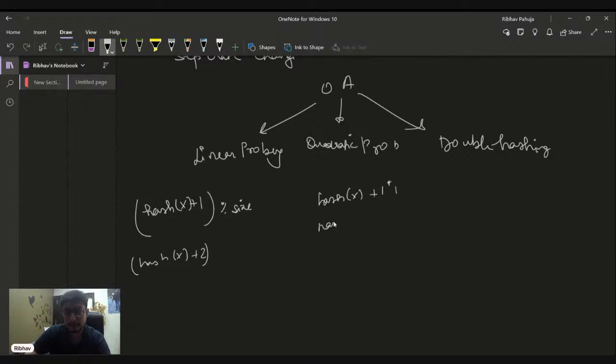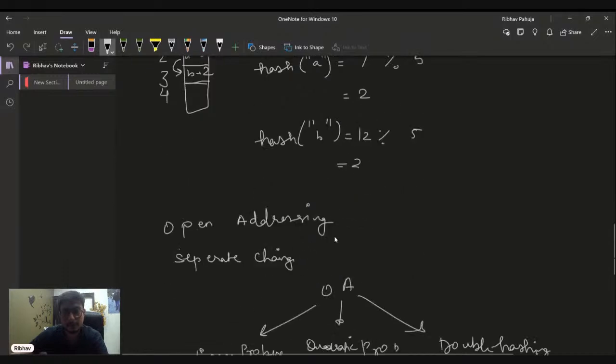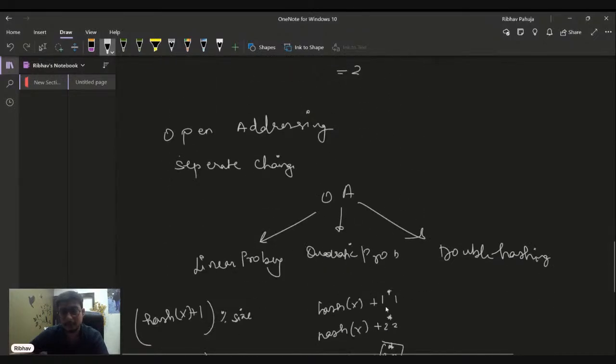In case that is filled, we check for hash of x plus 2 into 2, and then hash of x plus 3 into 3. As you can see, this is a quadratic equation, a square. So we do i square plus hash of x, and obviously this is mod size.